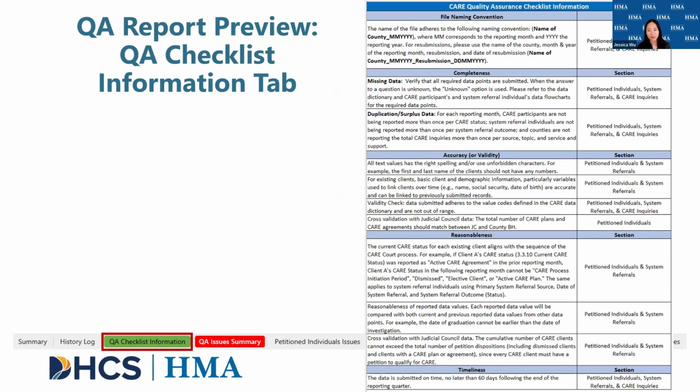All right, the next tab in the QA report is the QA checklist information tab. This tab lists the 11 CART metrics that HMA uses to evaluate County Care Act data. And all QA issues that you will see listed later on in your report are tied to one of these elements. So I'll just briefly walk through these since you can refer to them in greater detail in the QA